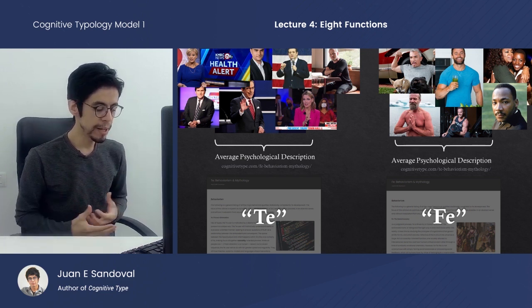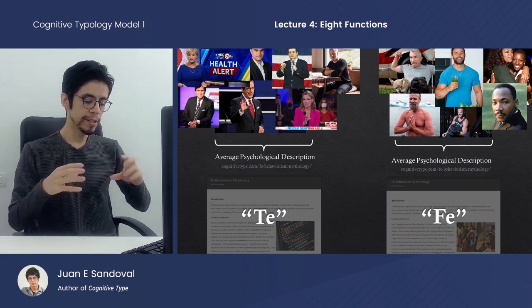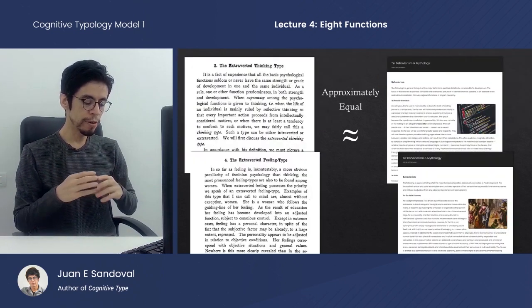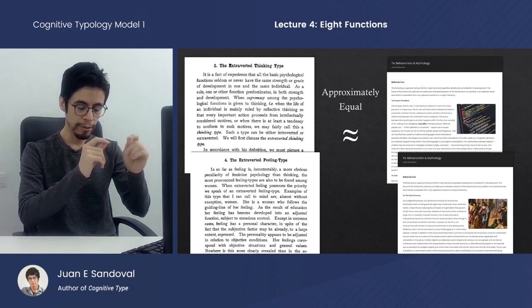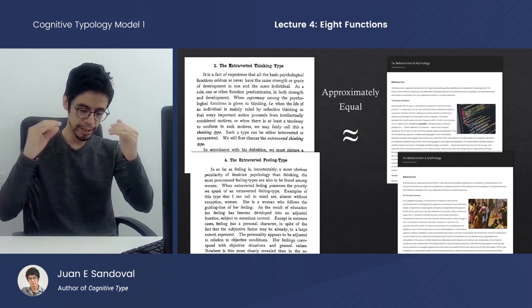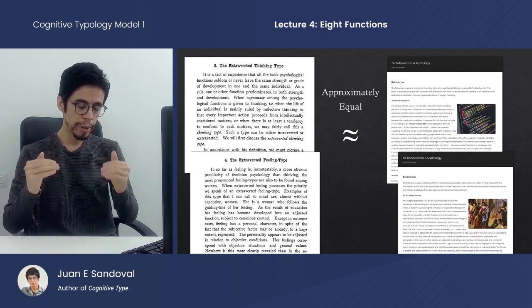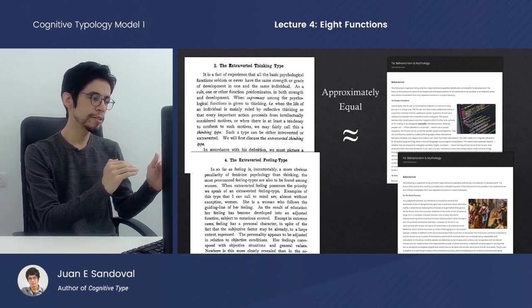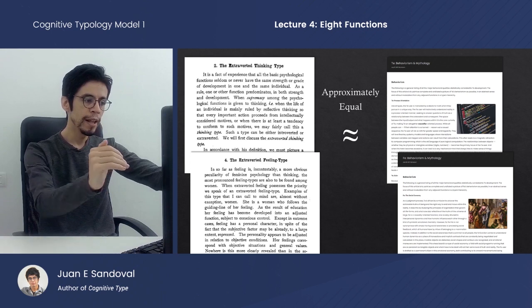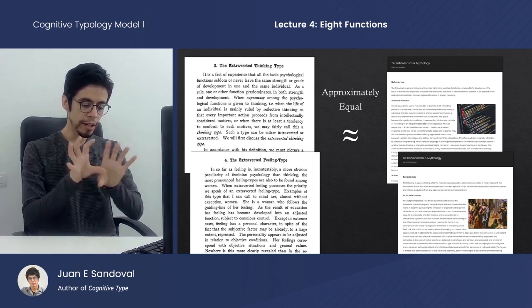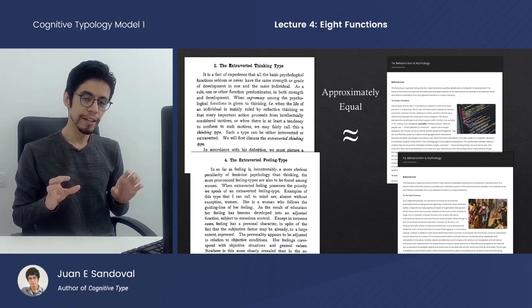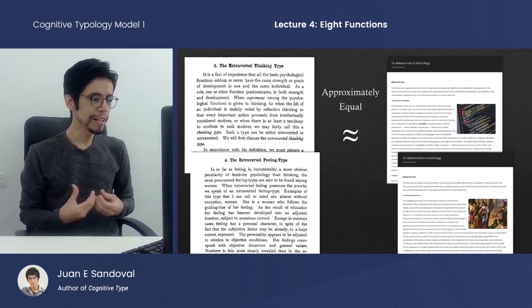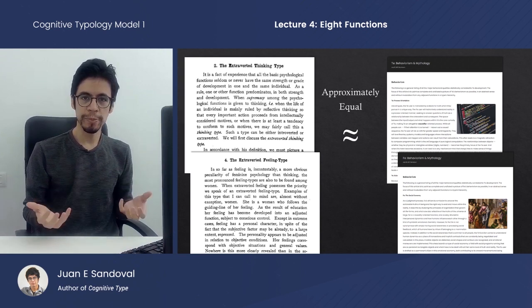Now, the reason why I'm putting this in quotes is because when you look at the psychological profile that we've extracted from these individuals by just observing them and then noting their differences and then writing those differences in profiles, when you compare that to Carl Jung's descriptions of TE and FE, there is overlap, but there's not 100% parity. They are quite similar, but they're not interchangeably similar.